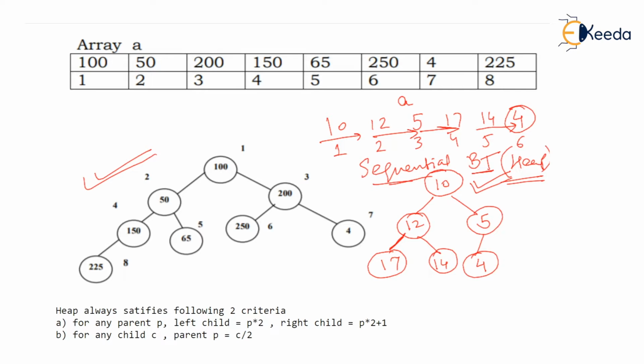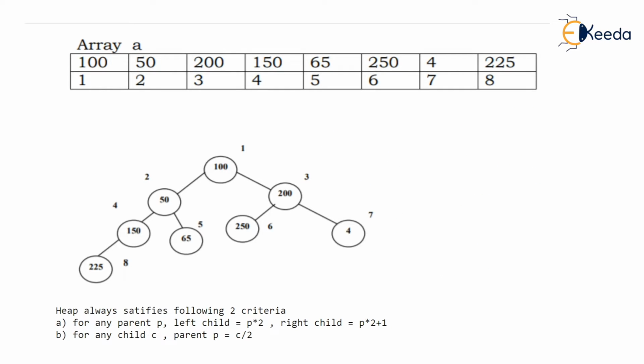Now watch, we have a habit of numbering these nodes. So the root is numbered as 1, and we have added elements from left to right. So numbering is also done sequentially from left to right, as you can see. So the last element over here, the 8th element, is the left child of 150. So we can think that the nodes of the sequential binary tree, that is heap, are numbered in sequence.